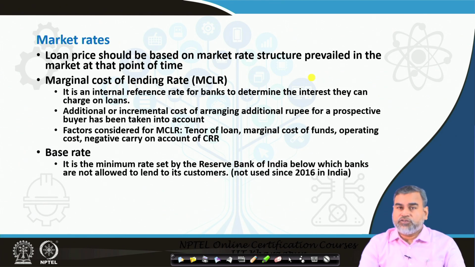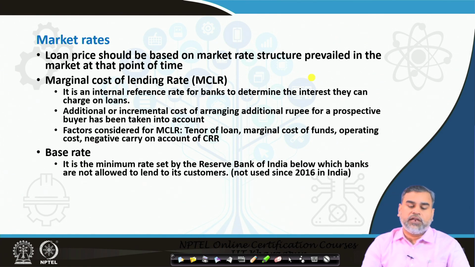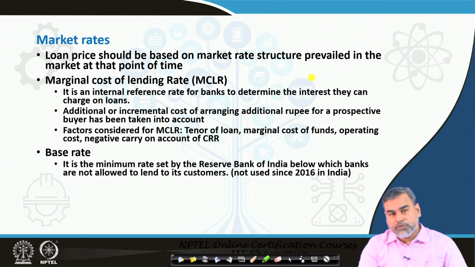So, the MCLR has to be calculated first and the loan pricing should be made on the basis of the MCLR. At no point can the bank ignore the MCLR whenever they price loans. The base rate was the same concept, used by the Reserve Bank of India, below which banks are not allowed to lend to customers. Now the MCLR changes from loan type to loan type and from bank to bank, and accordingly the pricing of loans is made.